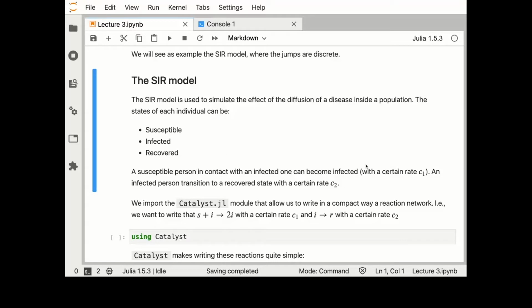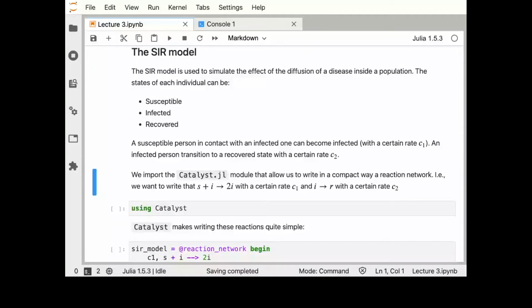And we know that we have two parameters in this model. We know a certain rate at which people move from susceptible to infected when a susceptible person is in contact with an infected one, and a rate at which the infected go to the recovered state. And one thing that we can use, which is built exactly because it works well with DifferentialEquations.jl, is the Catalyst package,